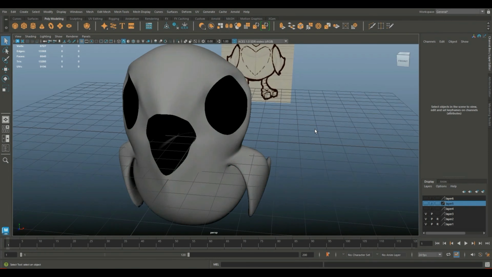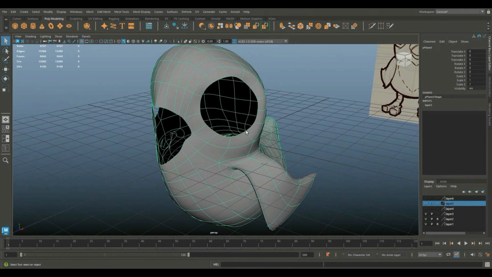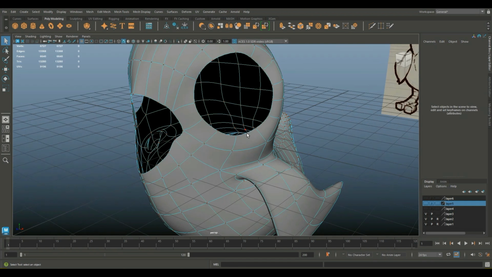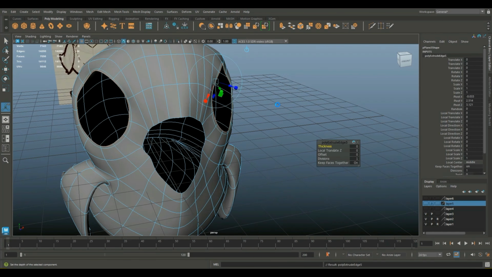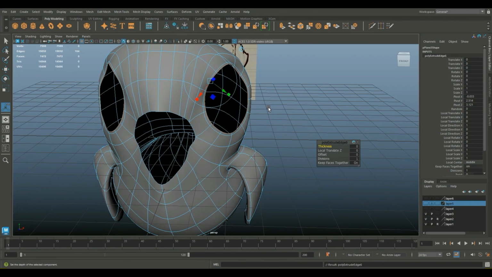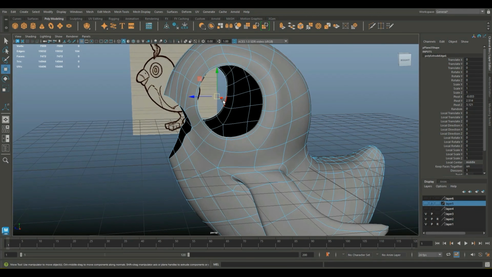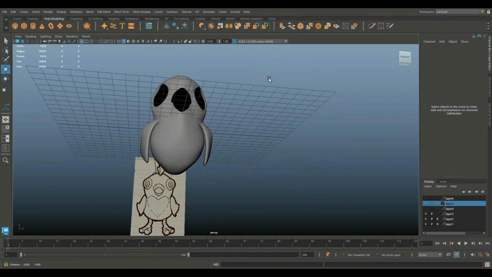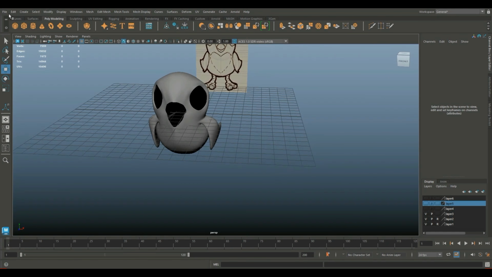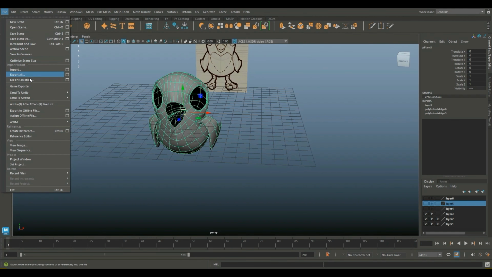Most of the part, I'm going to be selecting these edges and extruding edges, scaling them inside and then moving. It's not perfect but still good. So we are done here with Maya,